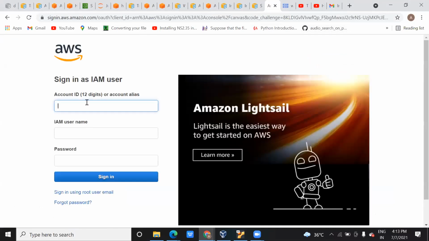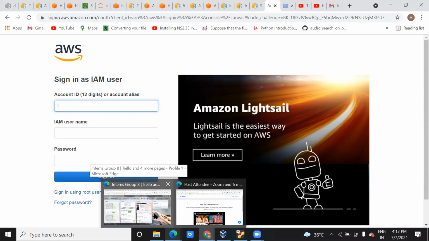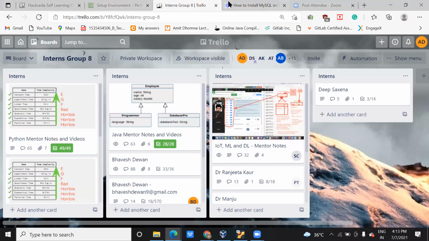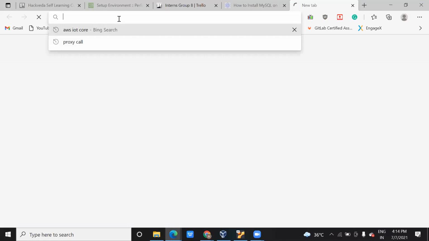You can click on this AWS Management Console, and you will get the screen. Okay, I need to type the account ID. Let me type the account ID, because this account ID belongs to the company.